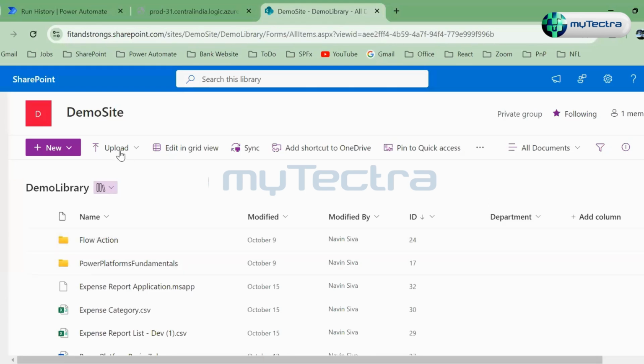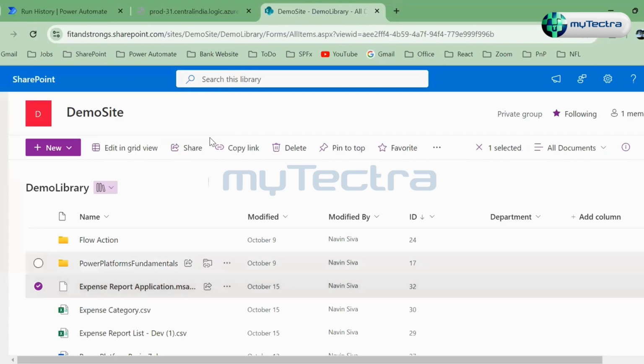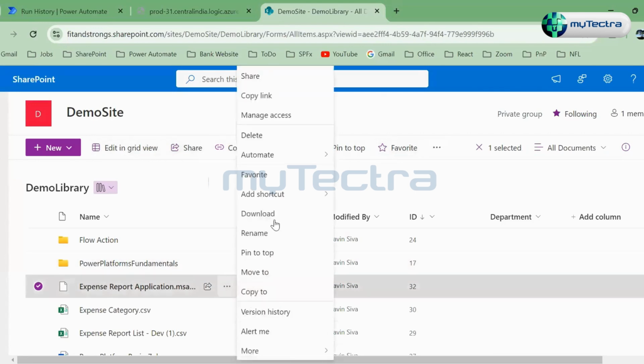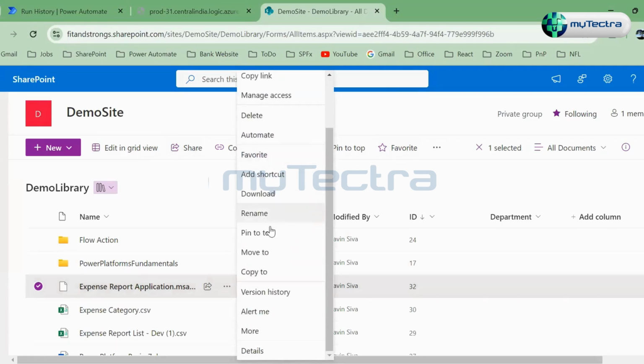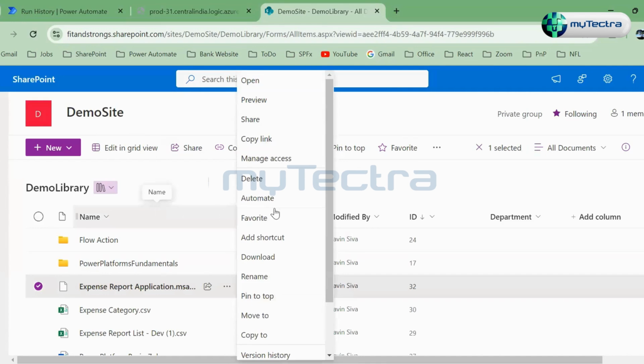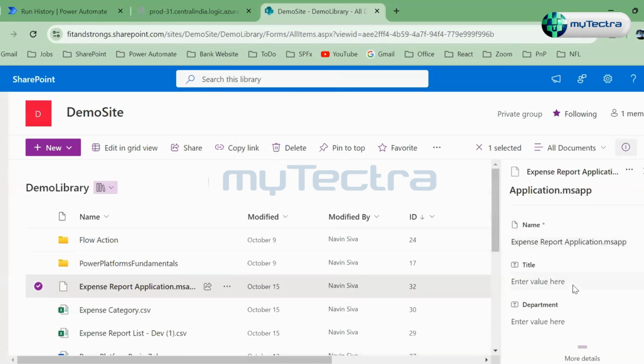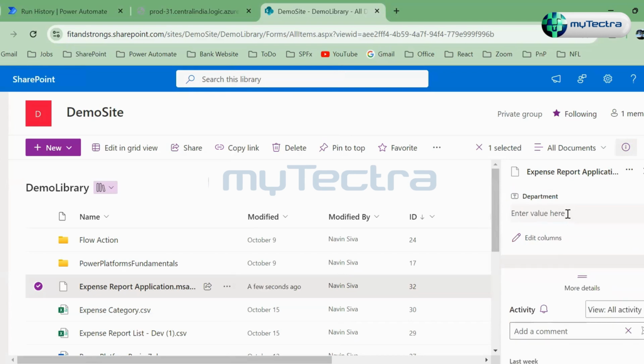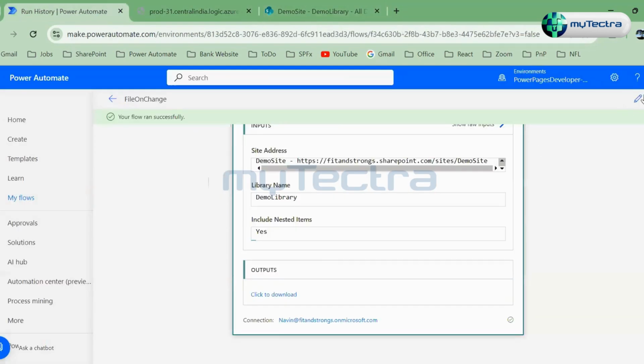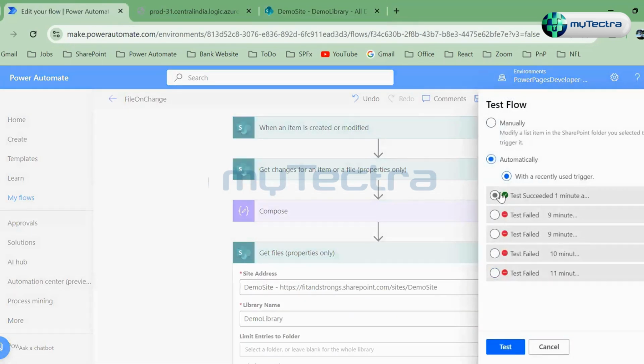For example, what I will do is say edit properties. Okay, here you can see all the properties, right? That is what we call Get files properties. For example, here I'm saying HR or IT admin. If I run this once again,